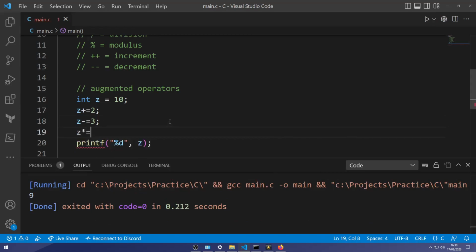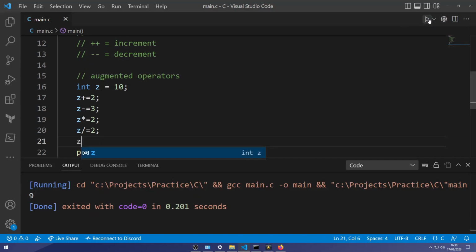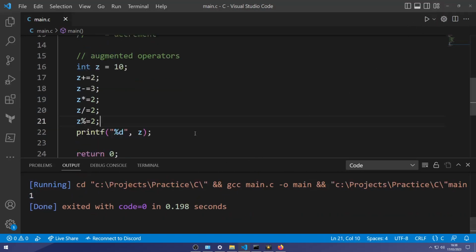And now z is 9, so we're going to multiply that by 2. And now z is 18. So now z is 18, we're going to divide that by 2. And now z is 9. So now that z is 9, we're going to do modulo, which is divide by 2, but just give us the remainder, which is 1.